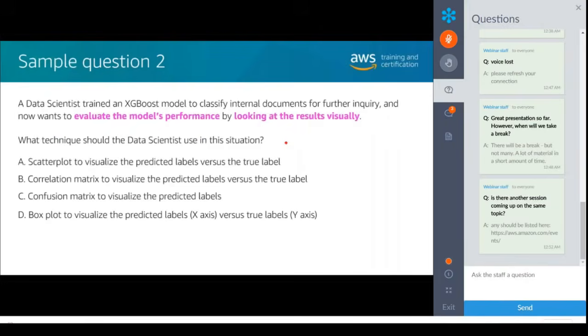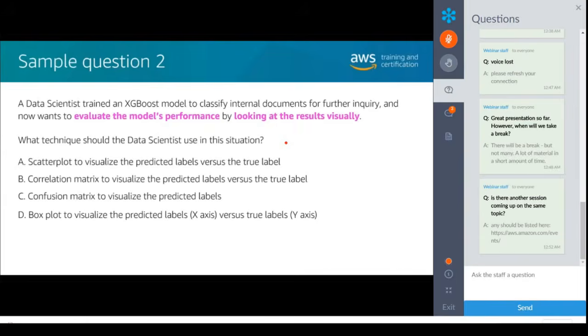Well, this is where we need to have knowledge of the different ways of visualizing data. We're looking at the model's performance, so it's going to be some value from 0 to 1, probably some kind of accuracy measure. Let's say RMSE, something like that. We could use a scatter plot to visualize the predicted labels versus the true labels, but that's not really useful because then